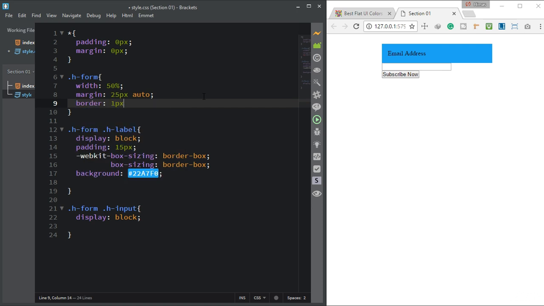Border 1 pixel. I'm using shorthand method. 1 pixel solid. It's applying the default color black, and you can just give a color like gray. Now you can see the color is getting applied, and inside this form there's no padding,